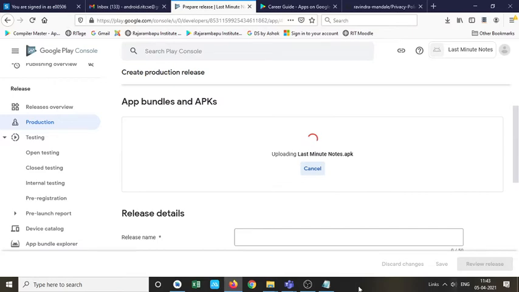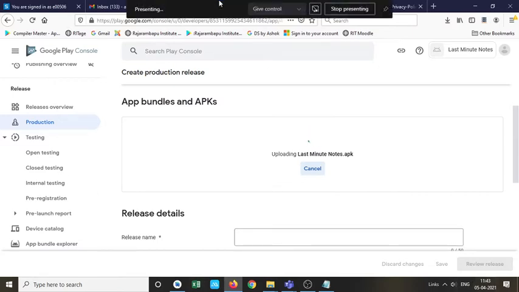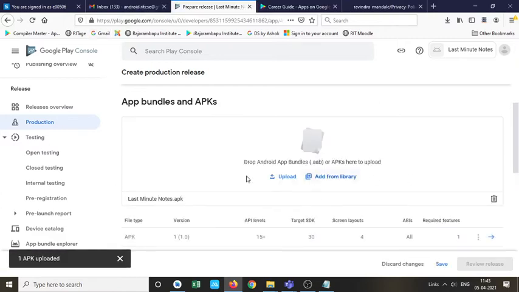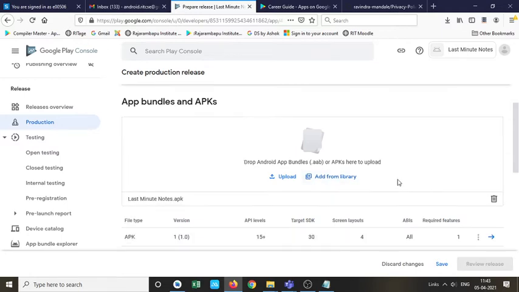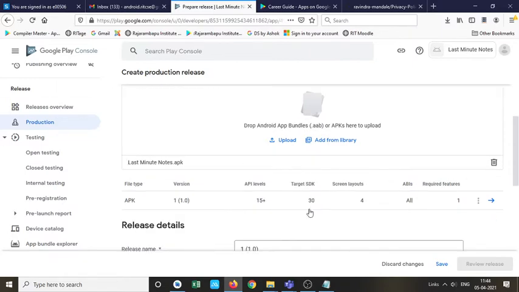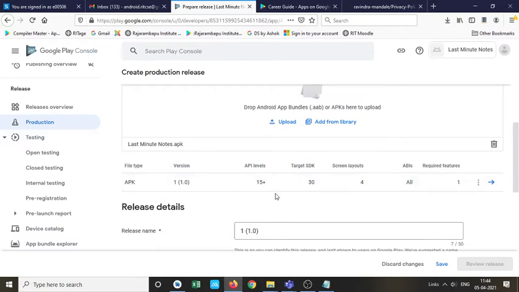Now, a very important step. If there is any problem with your APK, then you can't go ahead. If the package name is conflicting, and I already mentioned that the package name should be unique for your Android application while publishing, then you will get an error here. Right now we are not getting an error, which means our APK is successfully accepted by Google Play. It is not yet published, but at least the uploading of the APK file is successfully completed.